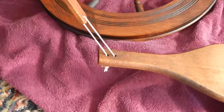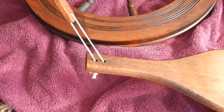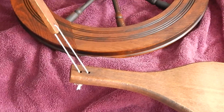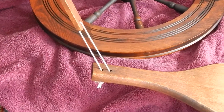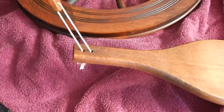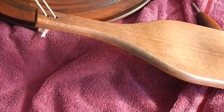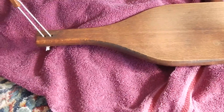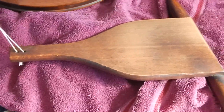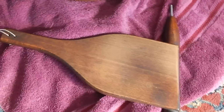One is that with the footman attached by a bit longer cord, you can change how much space there is, so the footman doesn't bang on the treadle, but it also will go up and down with a minimum amount of effort. You don't want to have that treadle pointing up a long way. You want it down as close to the ground as you can get it and still get a full turn of your wheel. Now, you can see my footprint on there, but that's only because it's been used for about